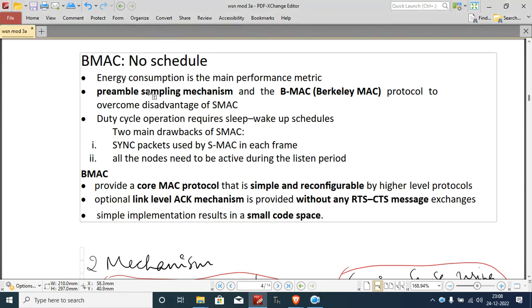Hello everyone, in this video tutorial I will be taking you through BMAC, where B stands for Berkeley. This medium access control protocol was invented at Berkeley University, so that is why it's named BMAC. It's quite different from SMAC, that is Sleep MAC, because here no such frame is used,